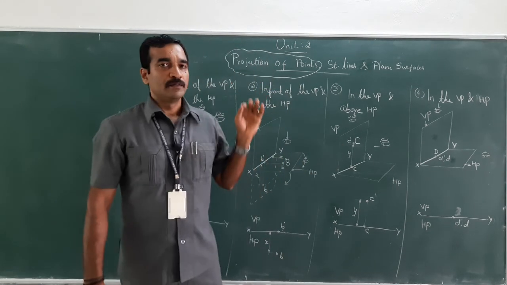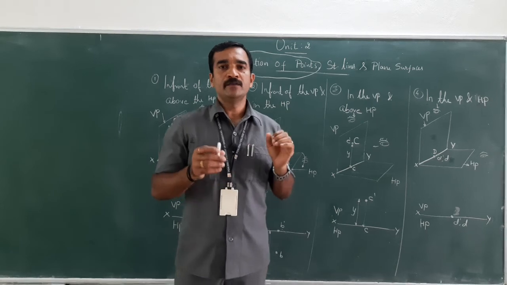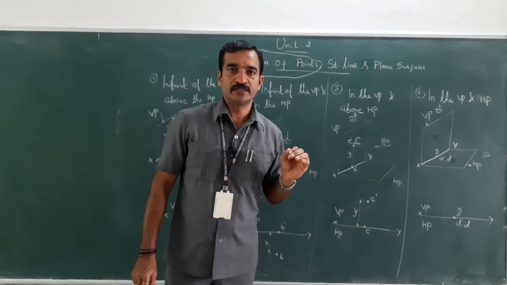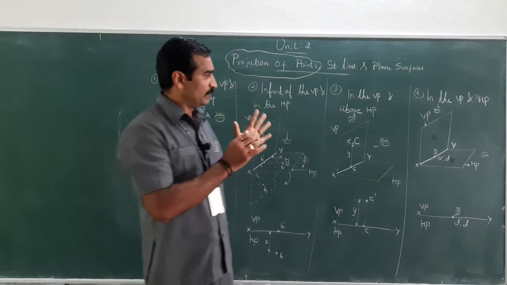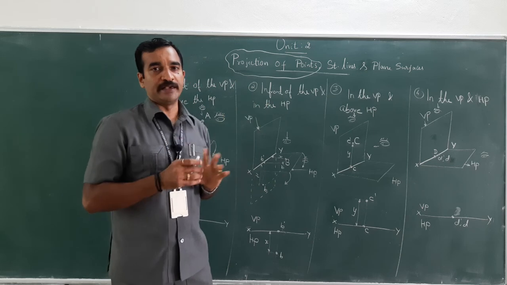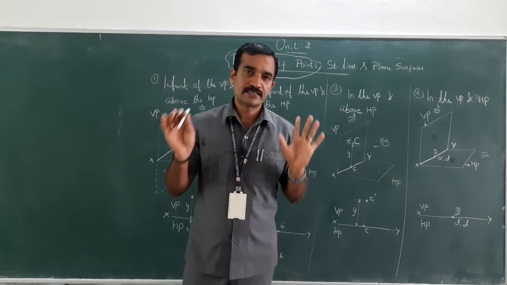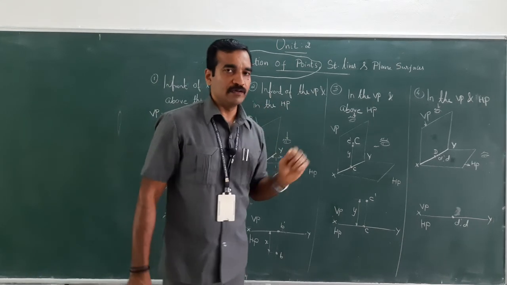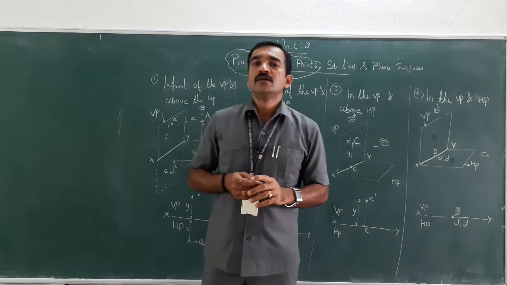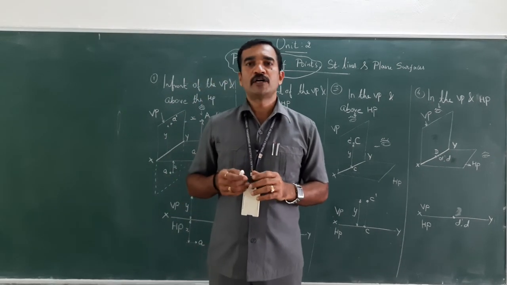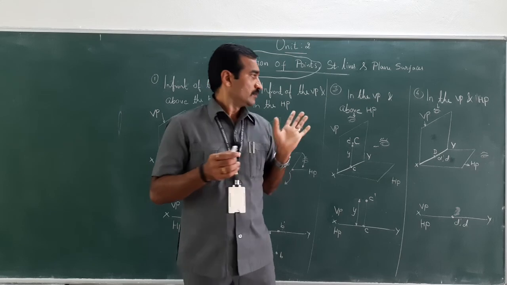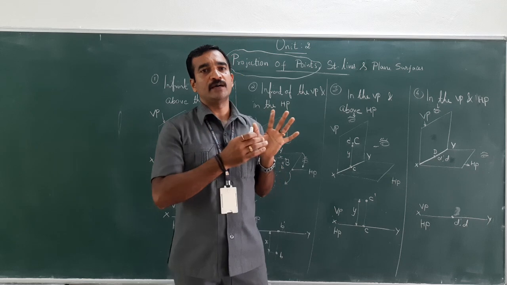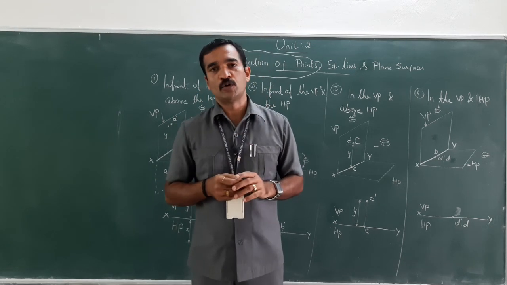Remember, this point doesn't have any dimension. It's a dimensionless object, isn't it? So it is simply placed in space with infinitesimal size. So these are the four conditions which are covered in the first angle of projection. I will come up with a problem for better understanding. I will explain in a detailed manner with the dimensions and how the objects are placed in the first quadrant. Thank you.